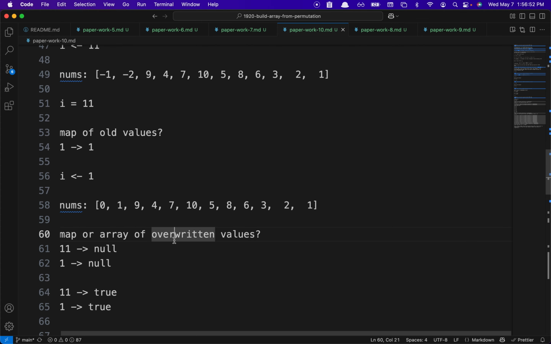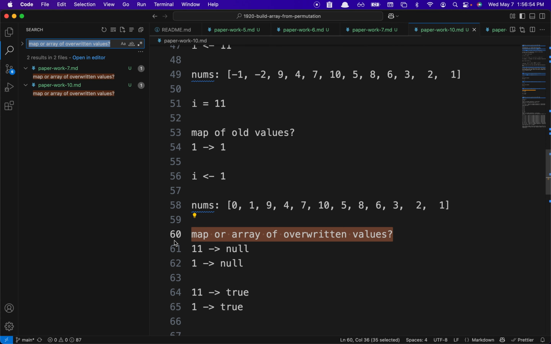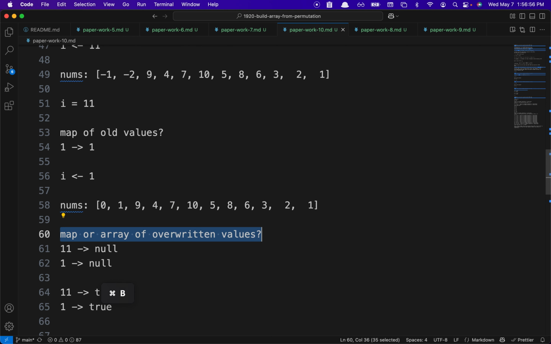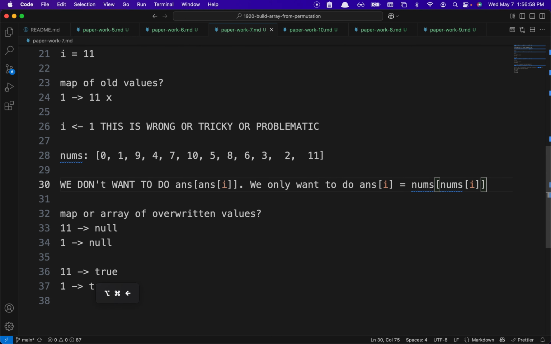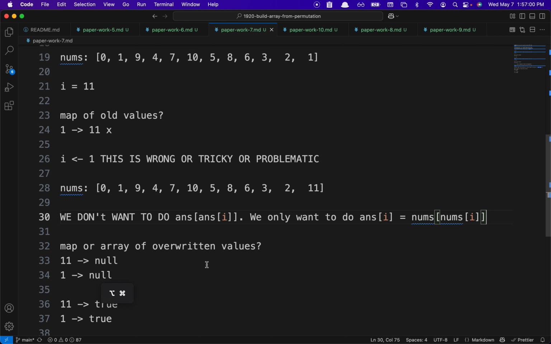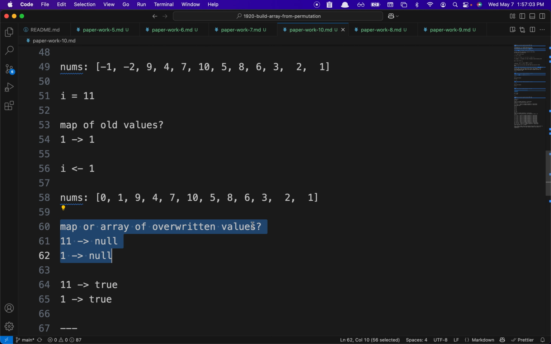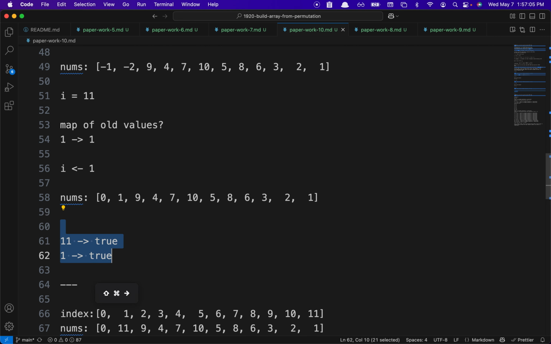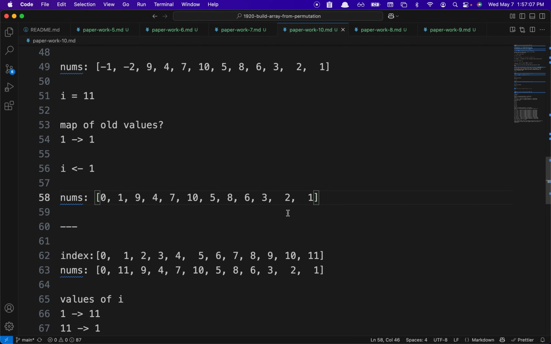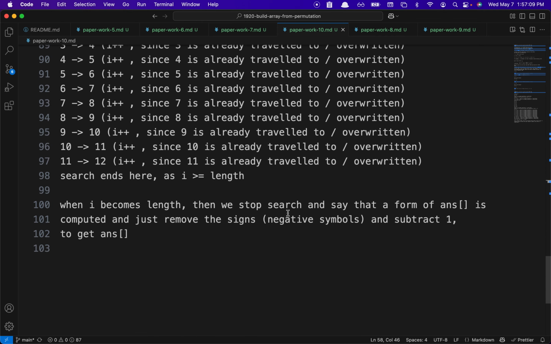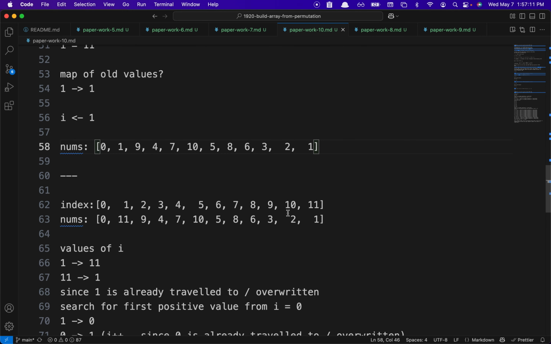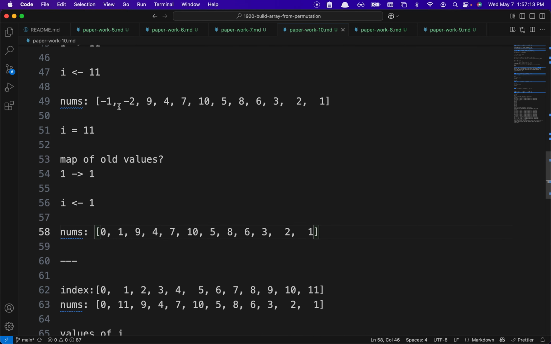No map or array of overridden values. So I'll remove that. That was here though. So here, how we find out is basically what we do here is